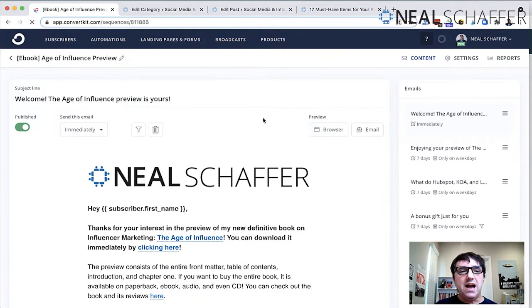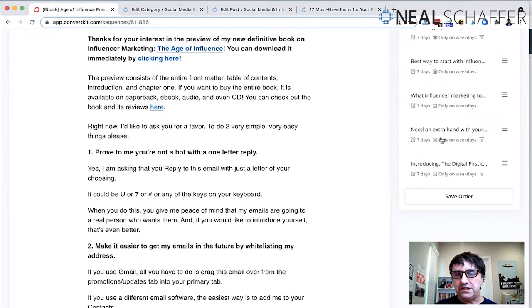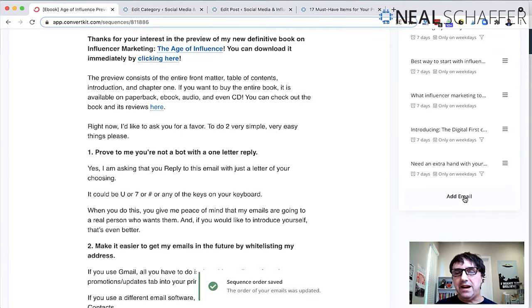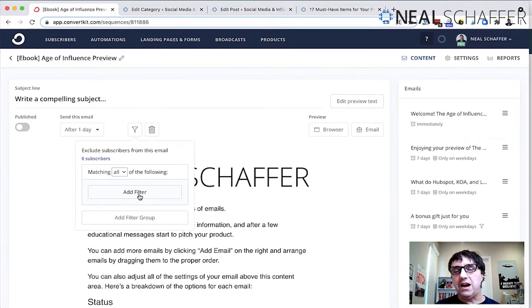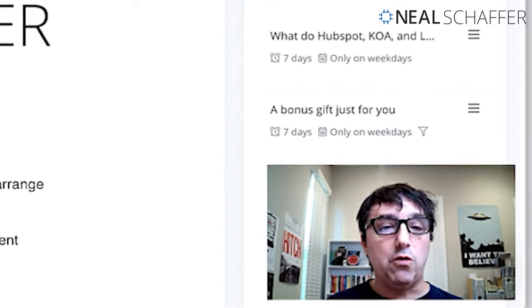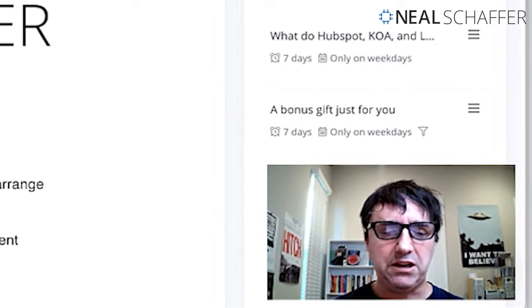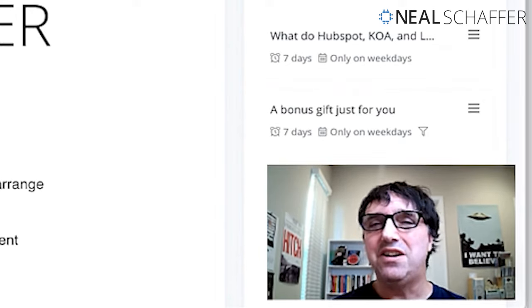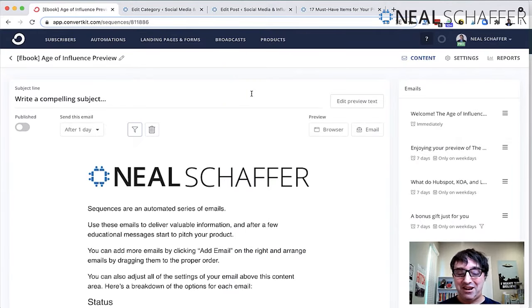I can easily add emails to the sequence. I can order them. Hey, I want to put this here, or I want to put it back there. We'll save the order here, and I can easily add an email. And once again, I can say, hey, when do I want to publish it? And do I want to use any filters, as in I only want this to go to certain people that have gone through certain parts of my funnel. So that's a really, really cool feature that I think for a lot of other email marketing providers, it's really difficult to build out those sequences. And the fact that they're the default for automations makes ConvertKit even more special. All right, that was a lot of number 6, all about sequences.